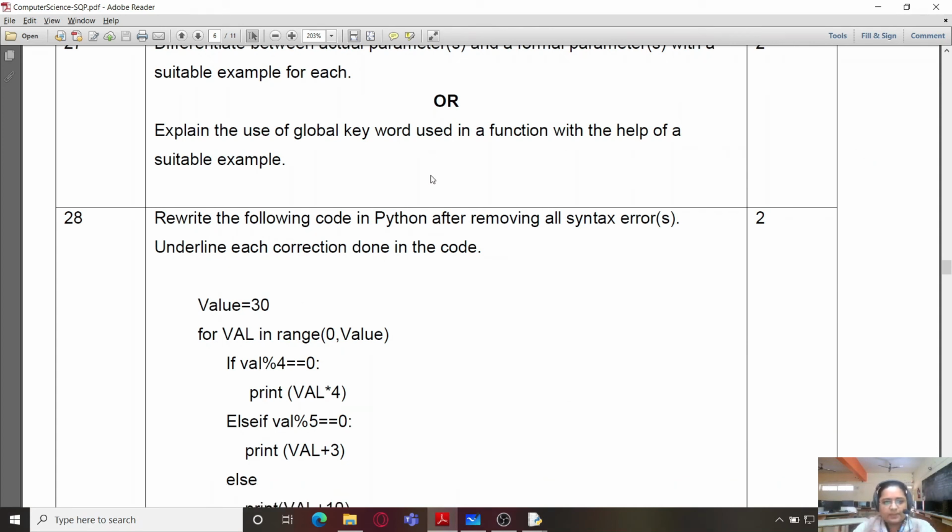So you can explain the meaning of the global keyword. The global keyword actually allows us to access the global variables, specifically immutable variables, which are otherwise not accessible within the local namespace. And suppose within the local namespace we also have a variable with the same name, and we want to forcefully access only the global variable with the same name, we can still use the global keyword over there.